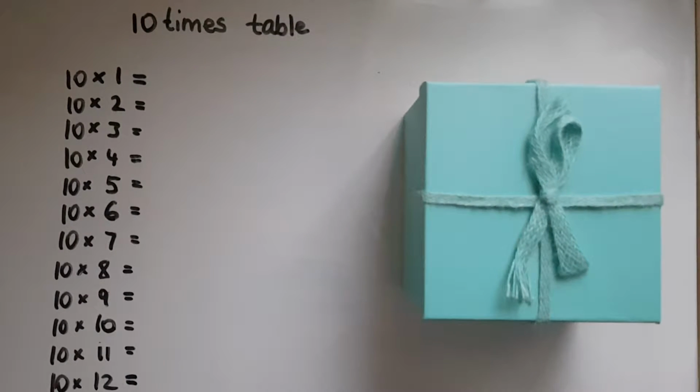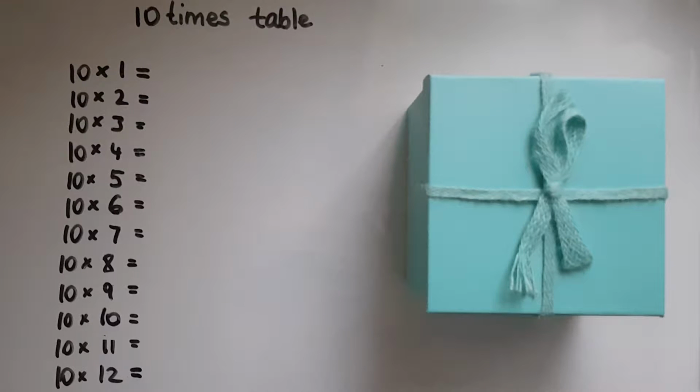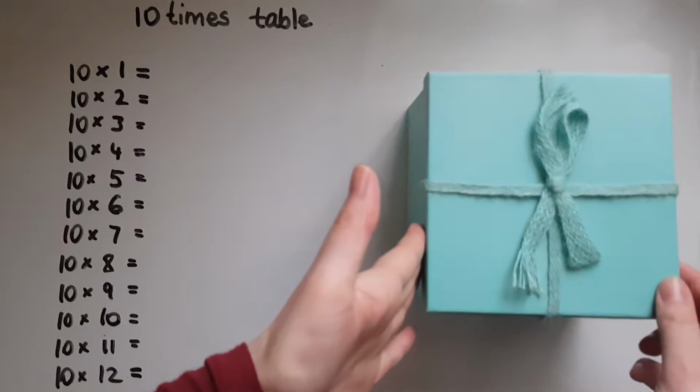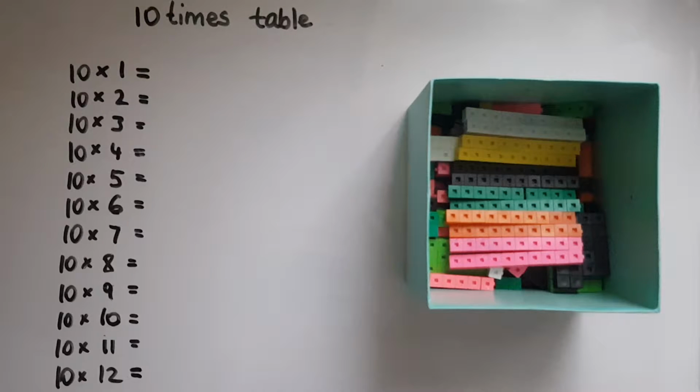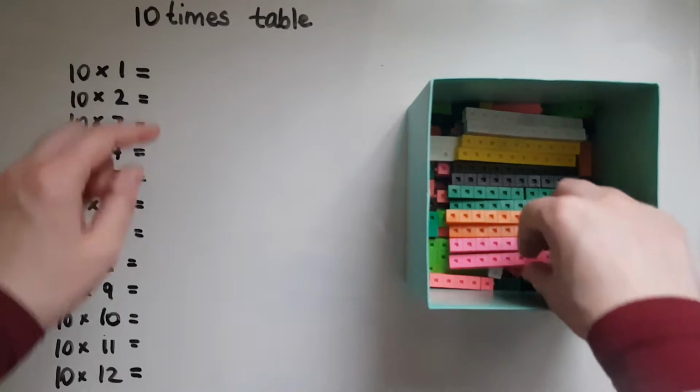The tens timetable. In this short video, we'll look at some tricks to help us memorize the tens timetable, and we'll use cubes in this box to help us visualize them. So, as the name suggests, when we say 10 times, it means that we're doing something 10 times. So, if I put my hand in this box 10 times to get 1 cube each time, I'll end up